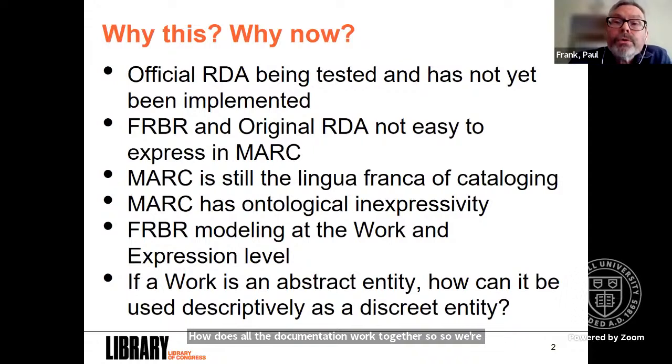all of the testing that we're doing is in MARC for official RDA. MARC is the lingua franca of cataloging still, and FRBR. And you can substitute or add, in addition to FRBR, LRM, which is the model behind official RDA. FRBR, LRM, original RDA, not easy to express in MARC. It just does not display or does not make semantic sense when you look at it in a flat